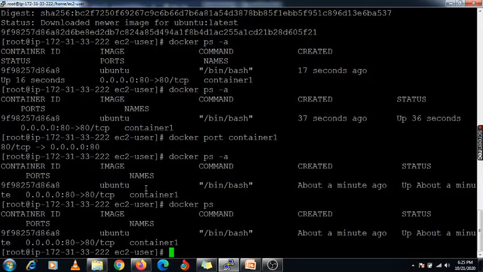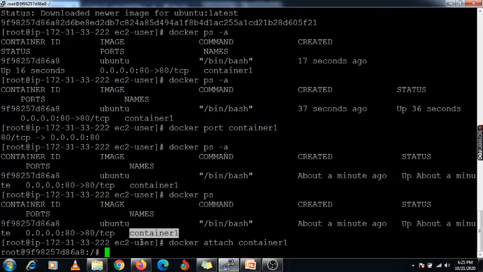There are two commands we have already discussed. One is docker attach, and you need to specify your container name, right? Using this command you can enter your container.